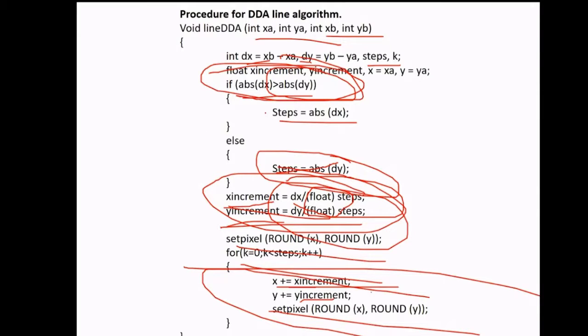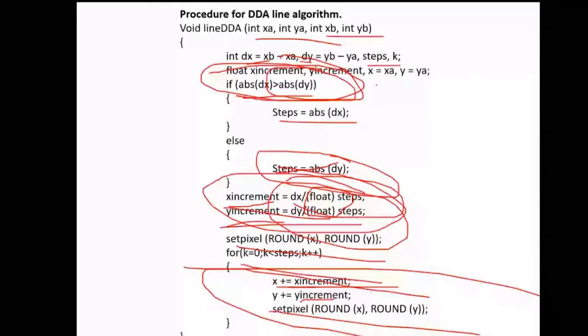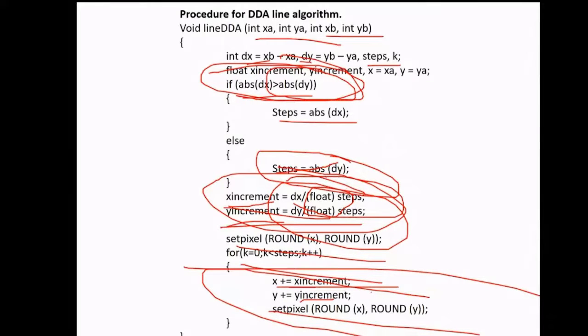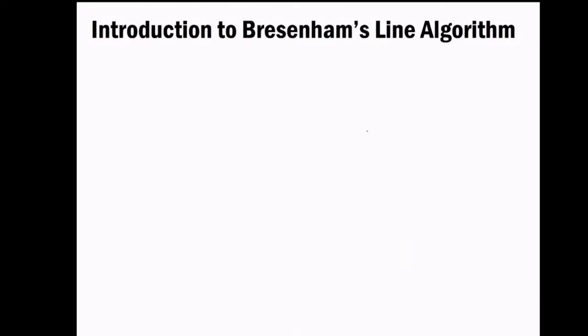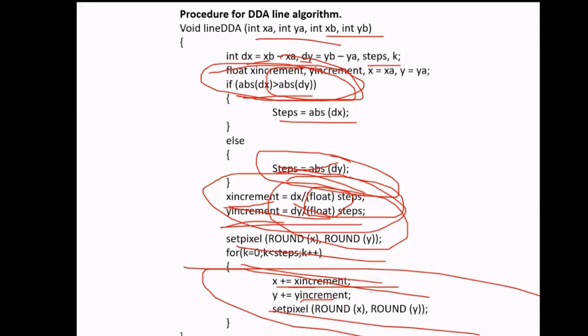Try to check each and every condition, try to put multiple values. Not like it would always be increasing; you would have decreasing values also. So try to put these values in this algorithm, and try to program it. That would give you the correct thing. I have checked this algorithm for multiple values, and it is giving me the right answer. It is able to rasterize a line. So now what we have to see is the Bresenham line algorithm.